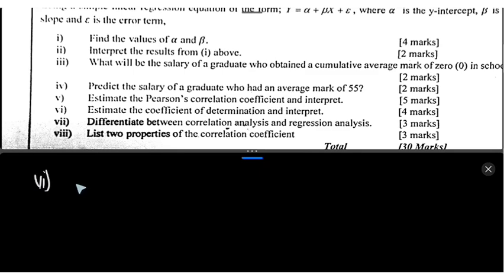Coefficient of determination is estimated by squaring r. So it is r squared. So once you get your Pearson coefficient of correlation, you square that value. That should fetch you your coefficient of determination, and then multiply by 100. So in this case, we know our coefficient of correlation to be